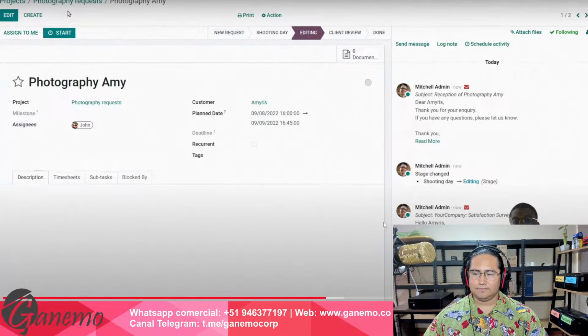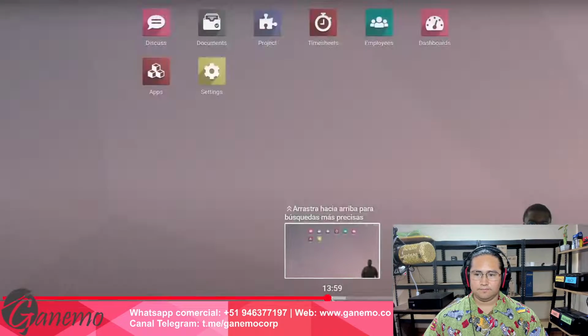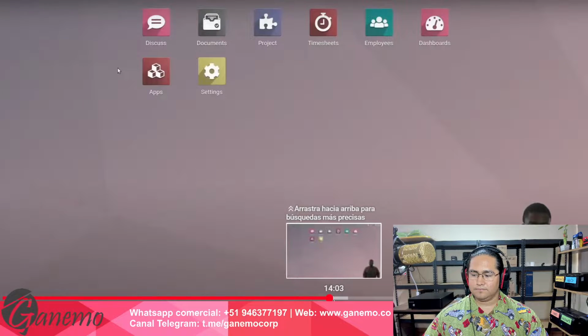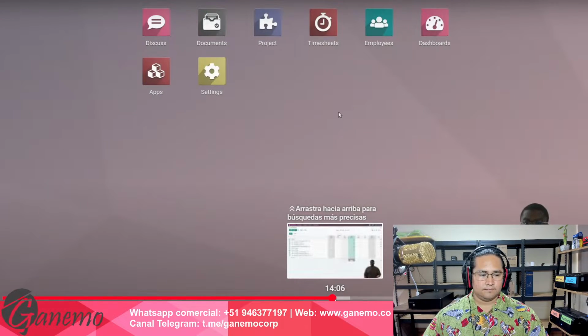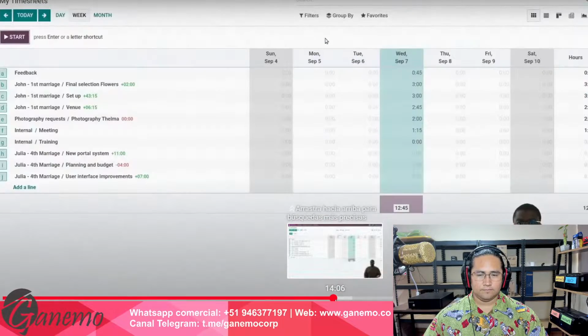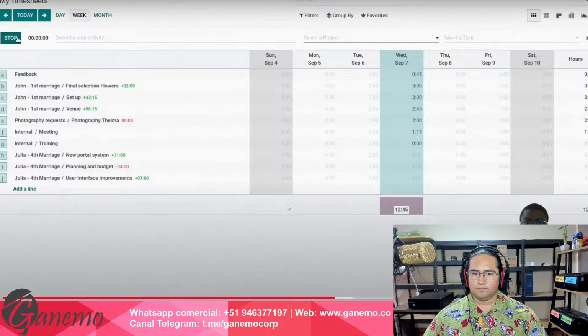Now, let's go to the timesheet and see how we can use it, of course. Let's imagine that today I had to travel somewhere, like I had to travel to France, and I don't really have much time. I need to timesheet something quickly. I can easily go to timesheet, whether it's on my phone or tablet as well. It works the same way.